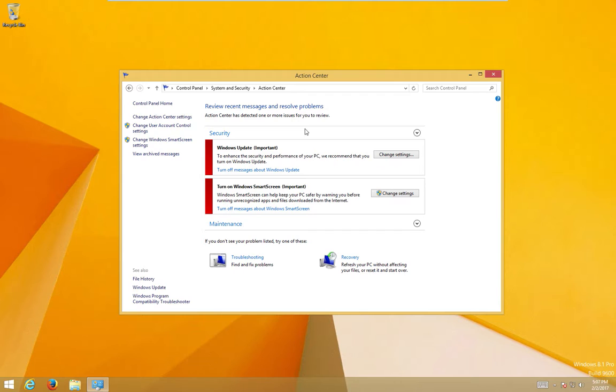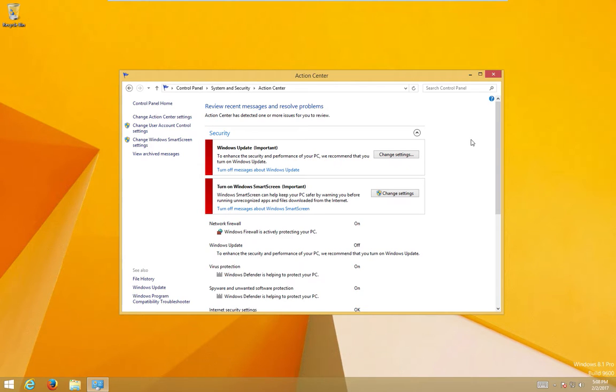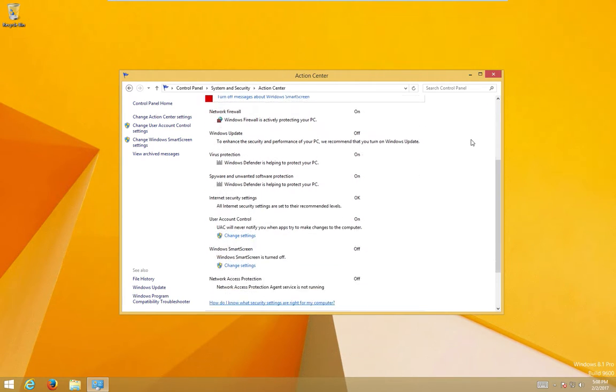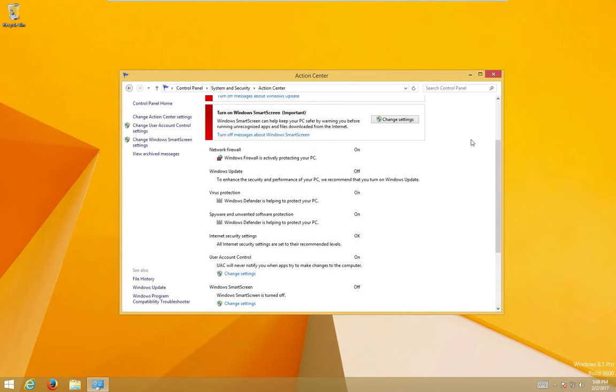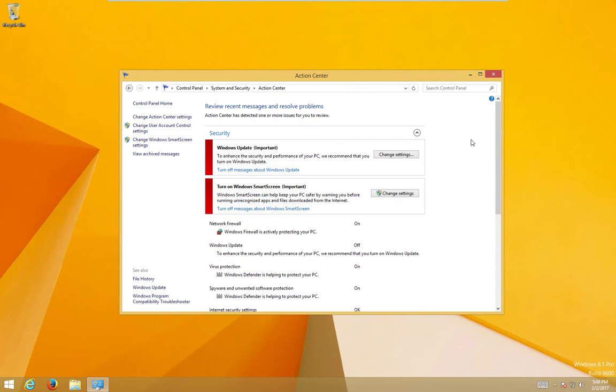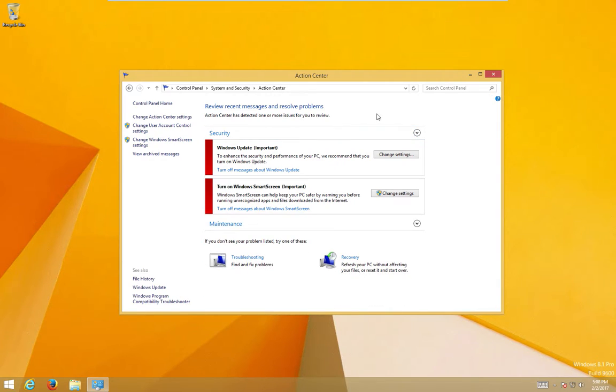From Action Center, there's a lot of things that can be set automatically that will typically get you points right off the bat. Action Center should be monitoring all of the basic security things, especially your firewall, and you can actually set up your firewall settings just with the click of a button. Sometimes I've seen in READMEs that it says to make sure that Action Center is actually monitoring everything that it should be, and so